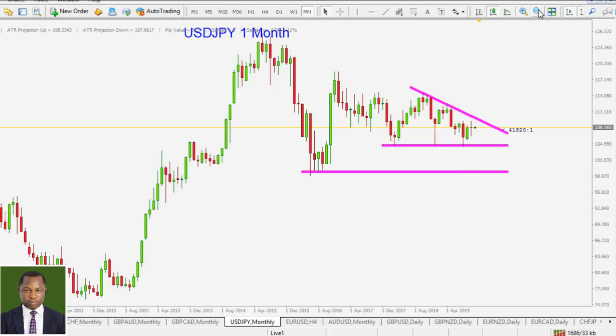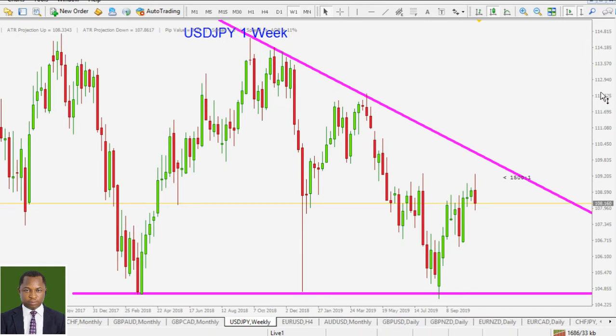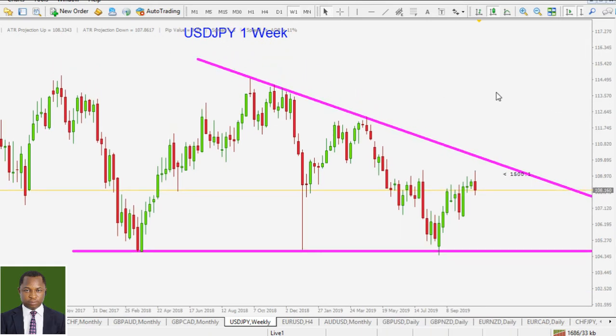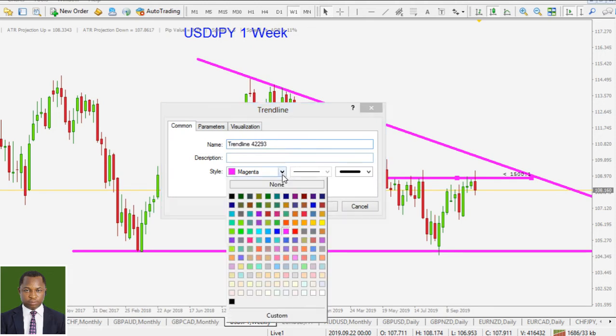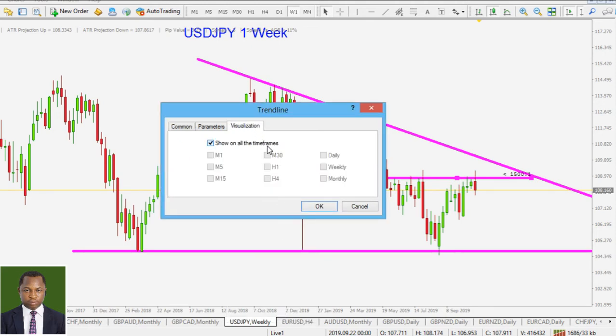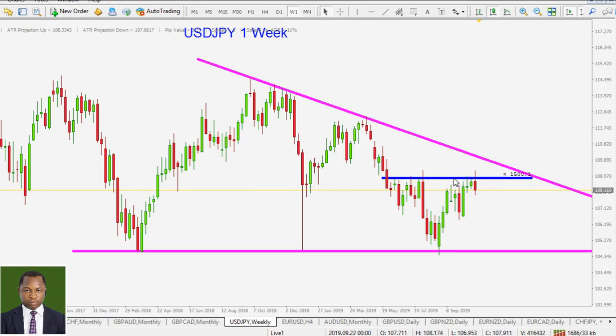All right, let's move on to the weekly time frame. What do we have in here? Well, we got some form of resistance here, some resistance level there. Just draw that, keep that in blue. Weekly, daily, 1 hour. All right, so we can keep that. You can see that problematic zone, price has been struggling to break through that level.